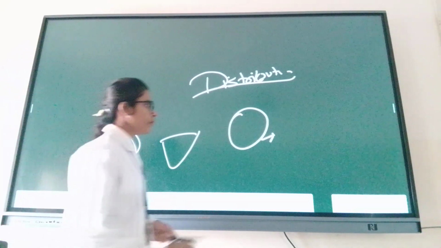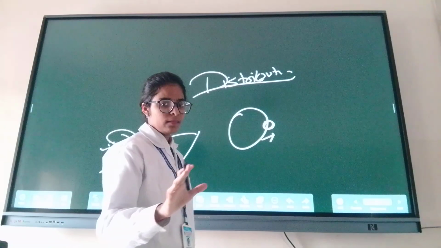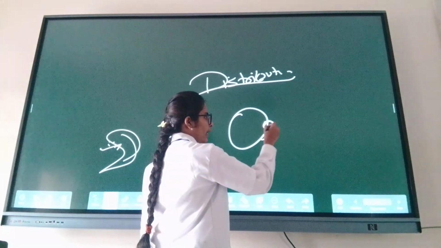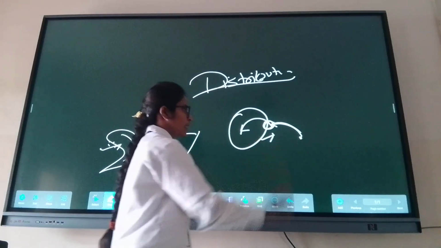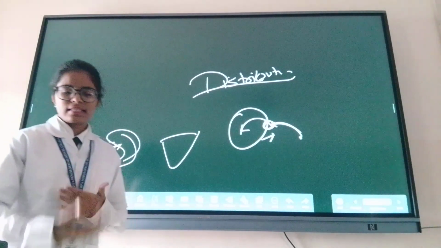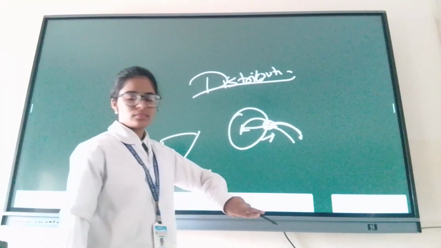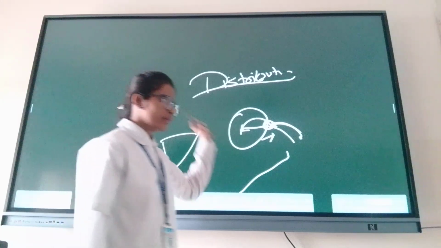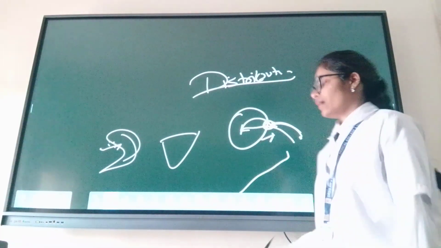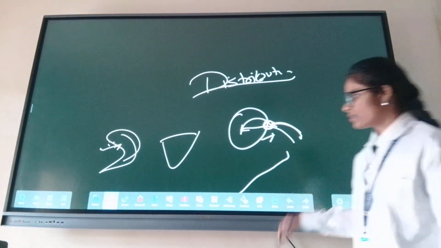There is some receptor on the effector cell, and our drug will bind to this receptor, go inside the organ, show its action, and again come outside, and then it will biotransform, that we will see later, biotransform and eliminate. So this is the basic distribution.